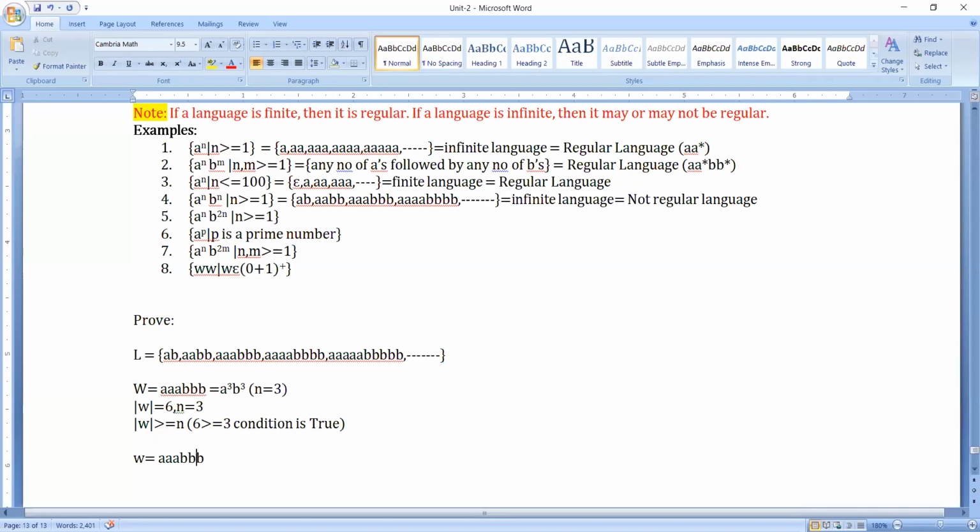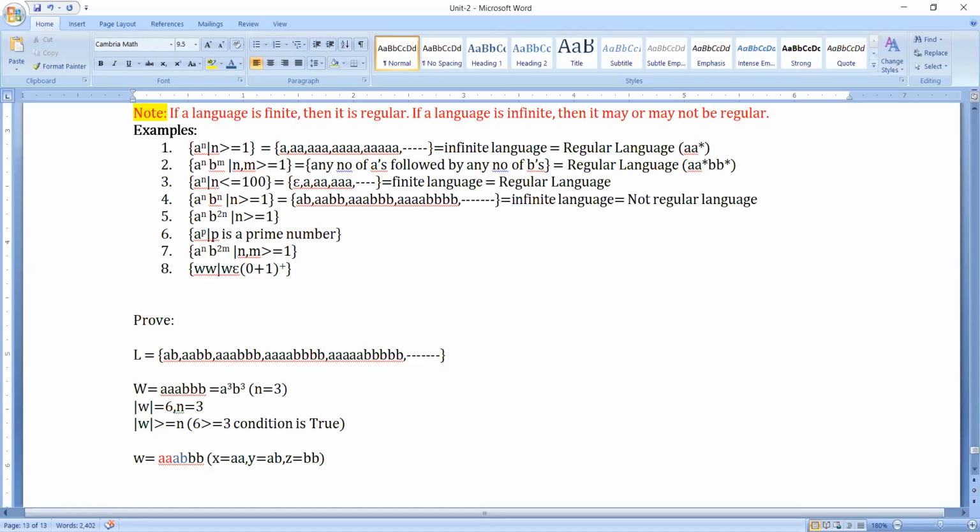Now I am dividing into 3 different ways. I am taking x as AA, y as AB, and z as BB. This is how I have divided.